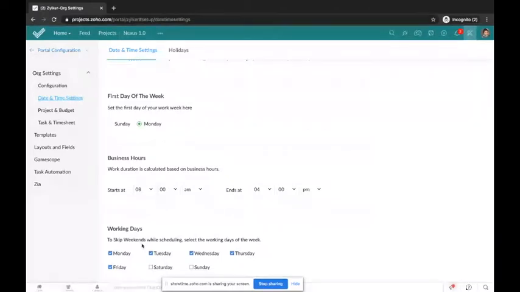So for example, according to the configuration here, the tool is going to skip the business weekends of the setting. Like for example, if a task takes 12 or 17 days, roughly it spans over 2 weeks. So whatever days are selected as the weekend days of your business, that would be skipped